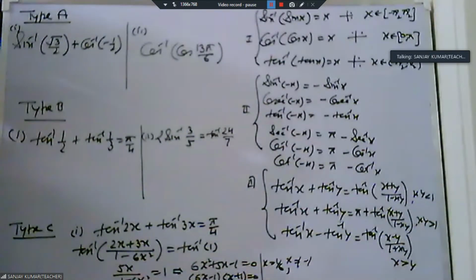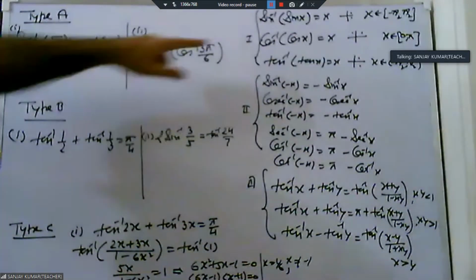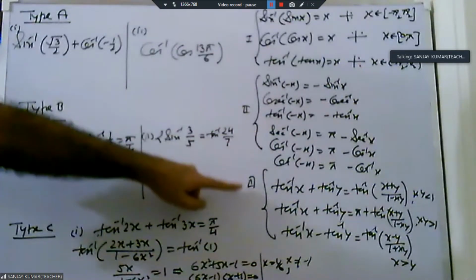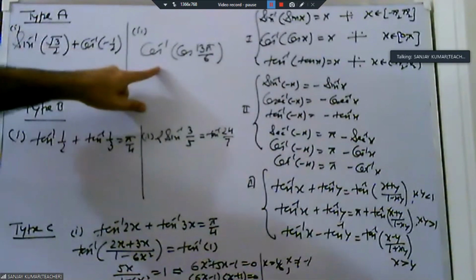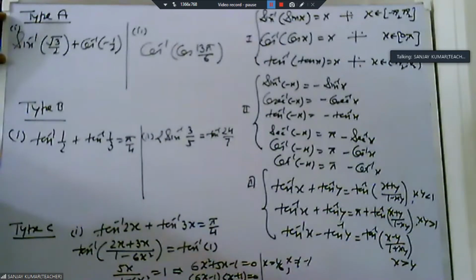Similarly, pi by 2 to 3 pi by 2 has unique values of y. That means again it is a principal branch. So this is the first, this is the second formula, this is the third formula. So from here we start this exercise. This is exercise 2.1. In 2.1 we have two types of question, one is this, one is this. From this topic we start the inverse table.